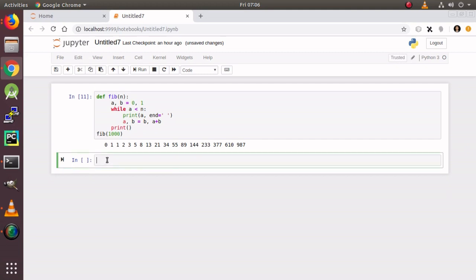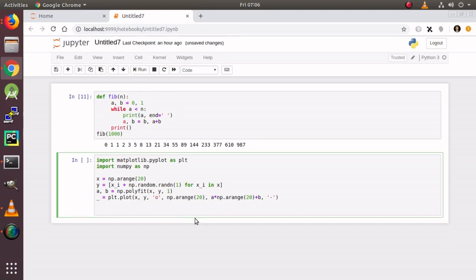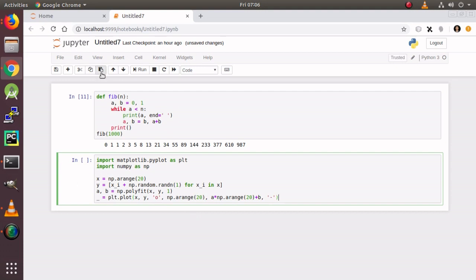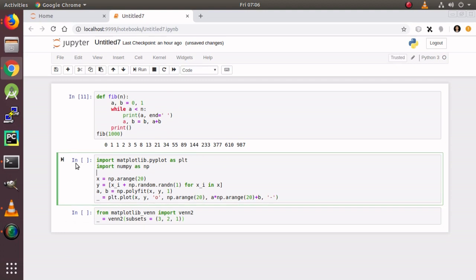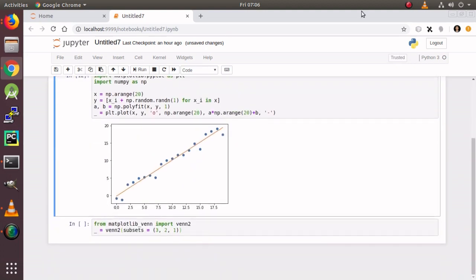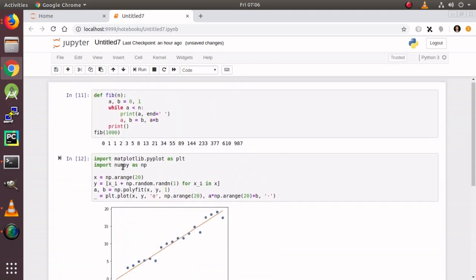And we talked about things like data visualization, data plotting, representation, and all. Let's consider an example. Let's put this one in another cell. Now let's run the cell. Linear plotting, Venn diagram. We're not going to explain this code because that is not part of the video,